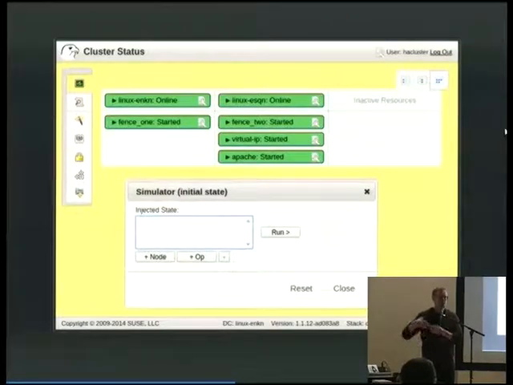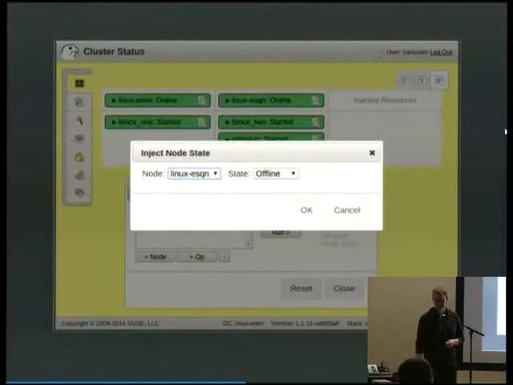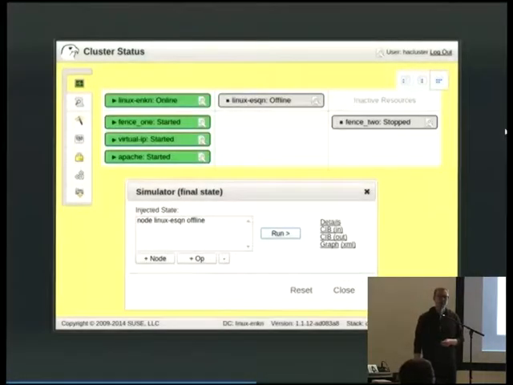So you can see the interpretation of the cluster software of these constraints, and whether there's any weird interaction between different rules or anything you hadn't anticipated. As an example, here you can see we have 2 nodes, and on one of the nodes we have 3 resources, which is basically a web server and a virtual IP running on that node. And what I'm going to do is inject a state change, which is saying that that node goes offline. And then if I run that simulation, you can see that the web server resources have moved to